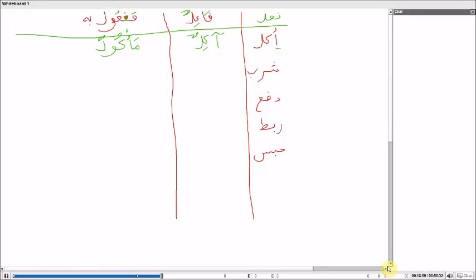So for instance, if somebody came and put a Subway sandwich in the refrigerator and they wanted it for later, but then I came along and ate it, when they come ask me, where's my sandwich? I say, ma'kul. It's eaten. Who ate it? Ana al-akil. I'm the one who ate it. I'm the akil. I'm the eater. You understand?